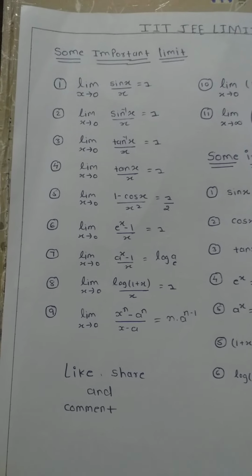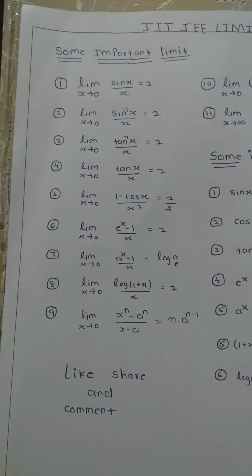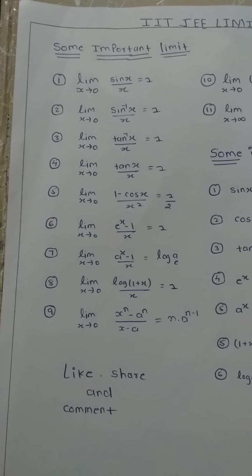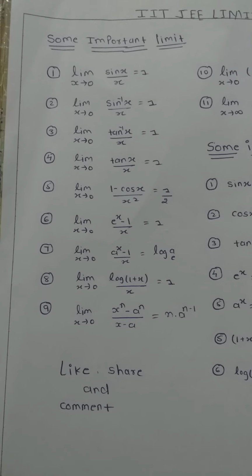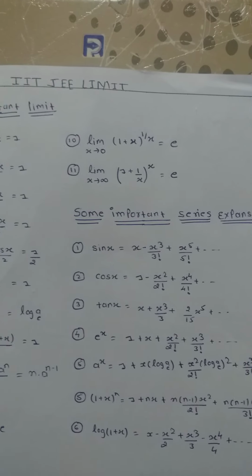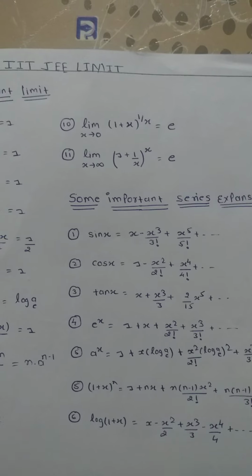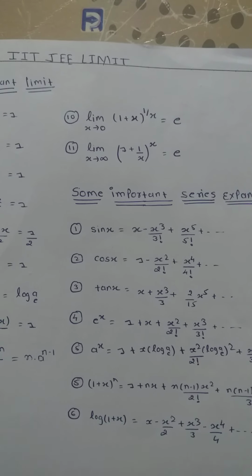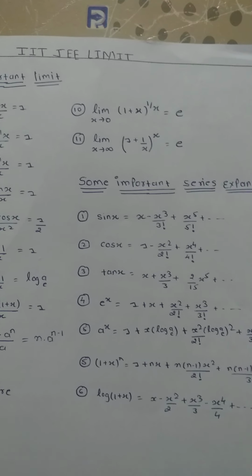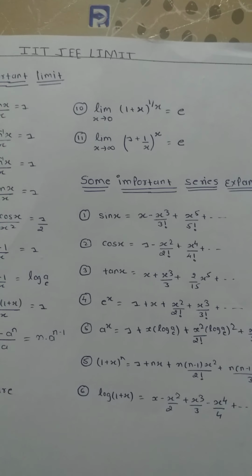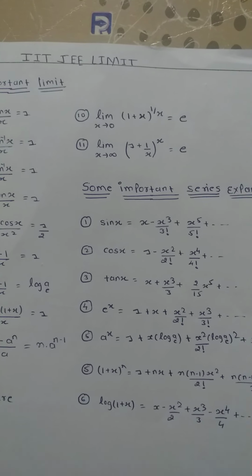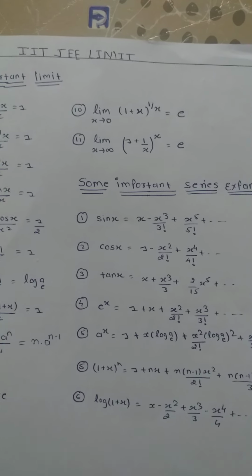These three formulae can be easily verified using the expansions which I will give you shortly. The ninth formula is limit x tending to a (x to the power n minus a to the power n) upon (x minus a) is equal to n into a to the power n minus 1. The 10th formula is limit x tending to 0 (1 plus x) raised to the power 1 by x is equal to e. This is the standard formula for solving 1 raised to the power infinity. The 11th formula is limit x tending to infinity (1 plus 1 by x) to the power x is equal to e.